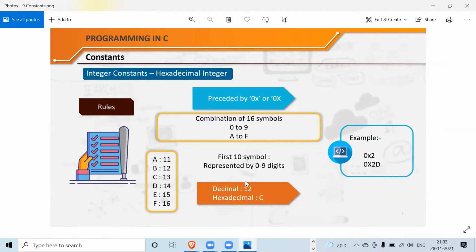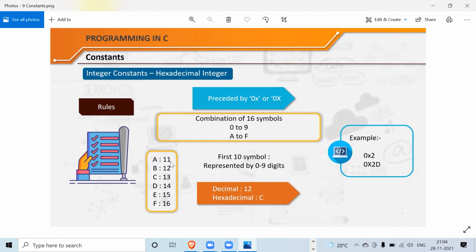In the hexadecimal system, you only have numbers until 9. After 9, the 10th will be A, the 11th will be B, the 12th will be C. Do not get confused by this numbering system. These are the serial numbers, not its value. This is like the 11th character in the hexadecimal, that's why 11 is written here.